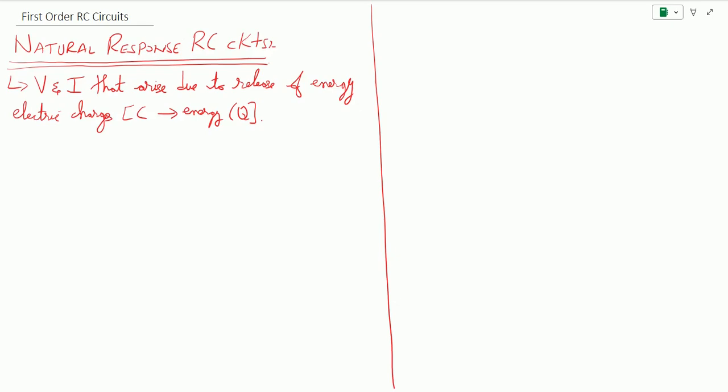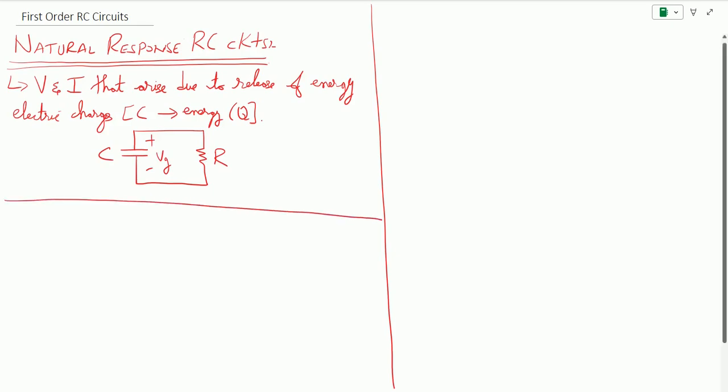So to understand the natural response, we have already come to this understanding that whenever a sudden voltage source is removed from a circuit having a resistor and capacitor, we are left with a single capacitor connected to a single resistor, and thus we get the RC configuration. So we need to understand the behavior of this natural response of RC circuits in terms of voltage and current expressions. So in order to understand this, we begin again by a simple circuit,